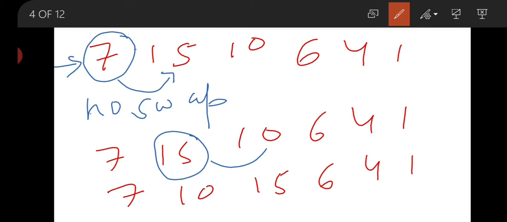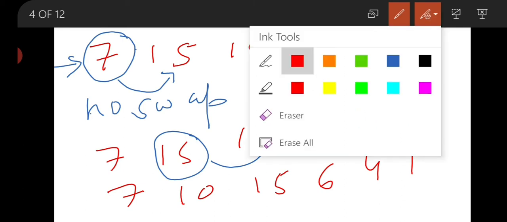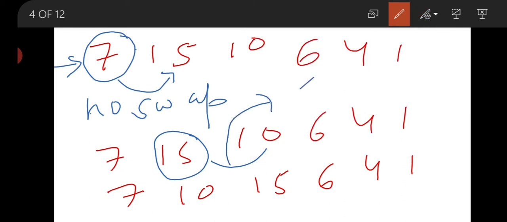This is swapping: after the swap, we exchange the positions of 10 and 15.